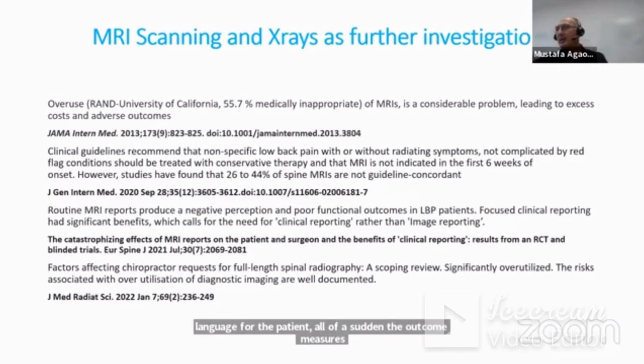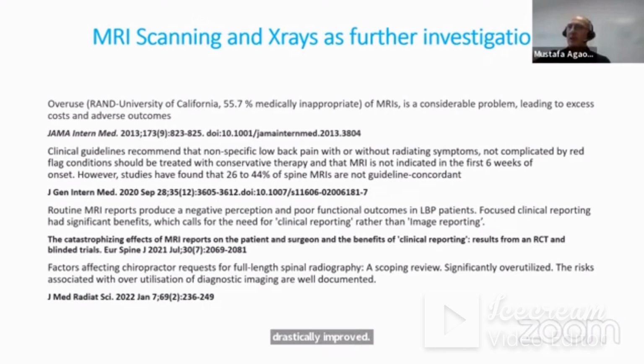I wanted to see, because within chiropractic, X-rays have historically been utilized significantly. So I wanted to see what was going on over there. And it's a fairly new publication, 2022. It's a scoping review that shows that X-rays are significantly overutilized within chiropractic, as well as MRIs within the greater